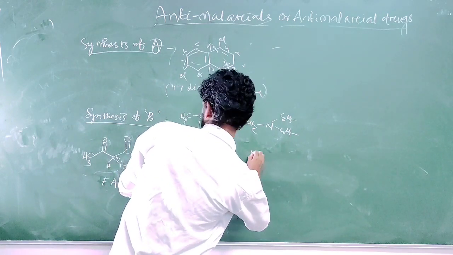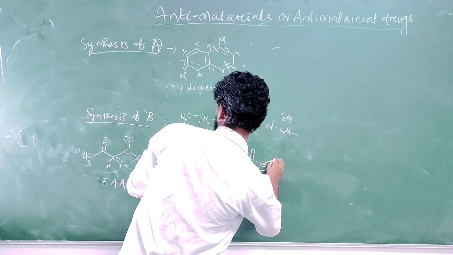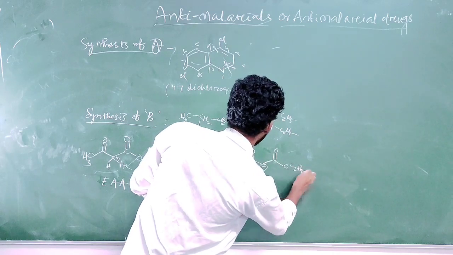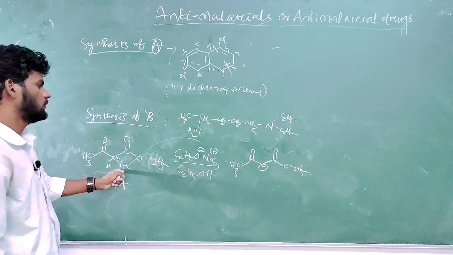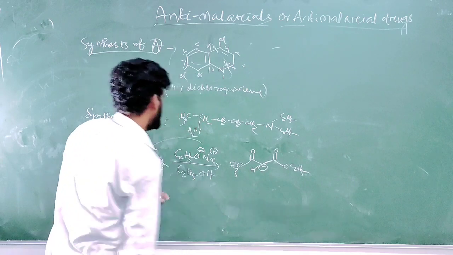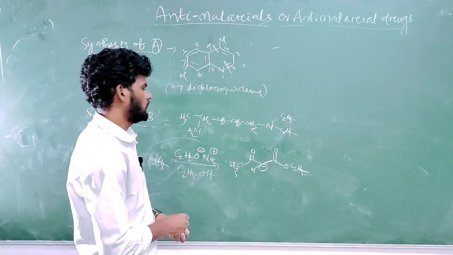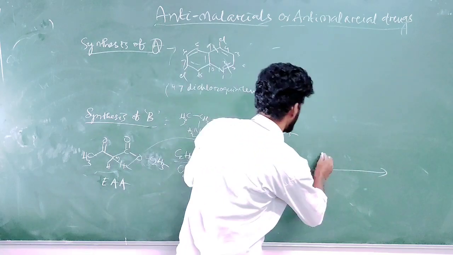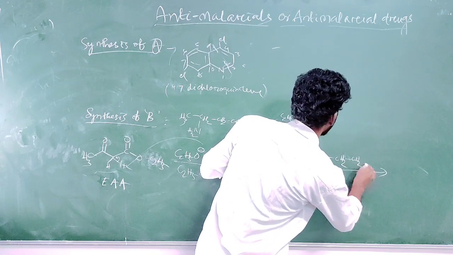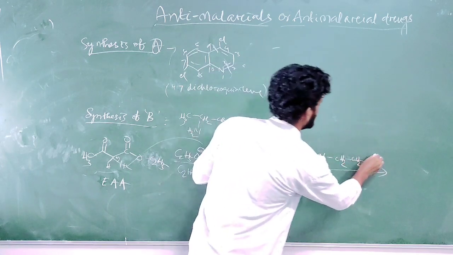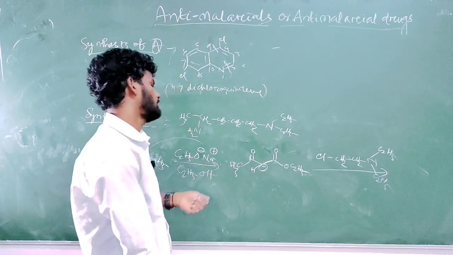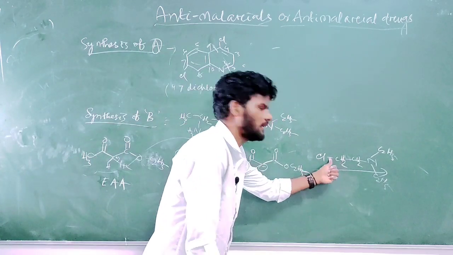CH3COCH(-)COOC2H5. The base takes a hydrogen, then there is a negative charge; there is another hydrogen you can write. Ethanol is the solvent here. At the next step, let us take an electrophile; a leaving group is always attached to the electrophile. The leaving group I have written here is a chlorine atom. It is available in the market at a cheaper price, so we can take this one. This is the nucleophile, this is the electrophile and this is the leaving group.